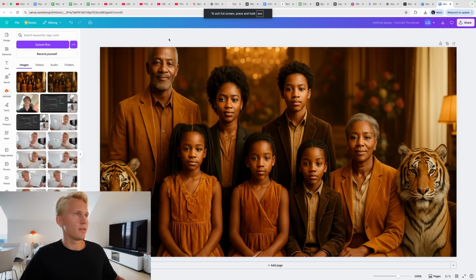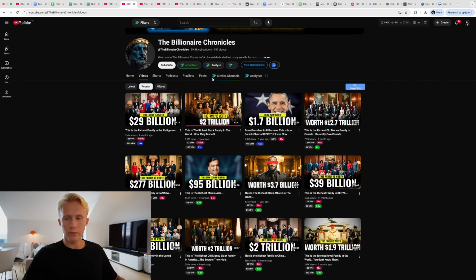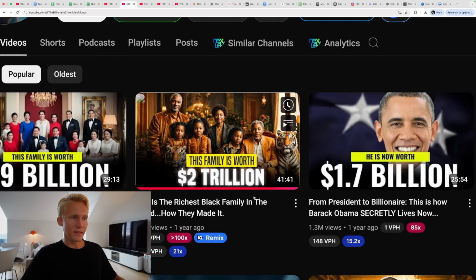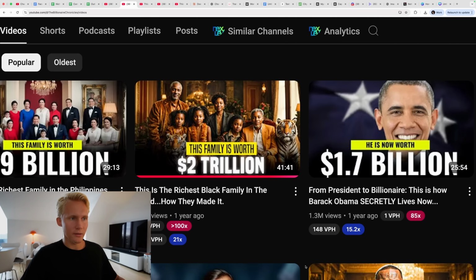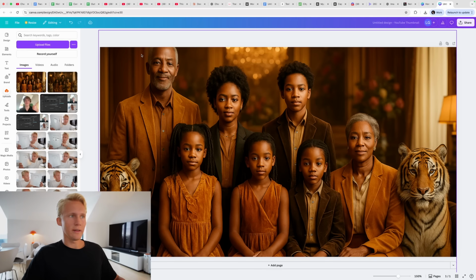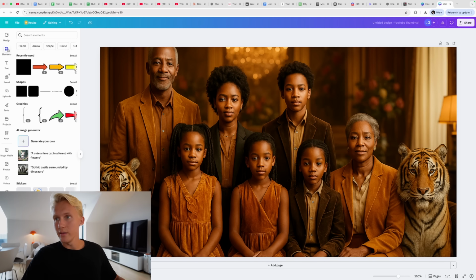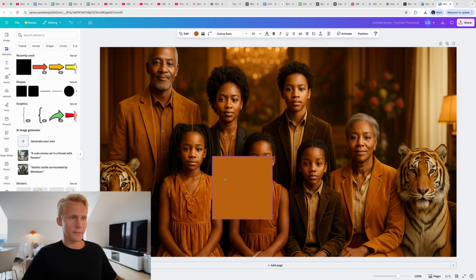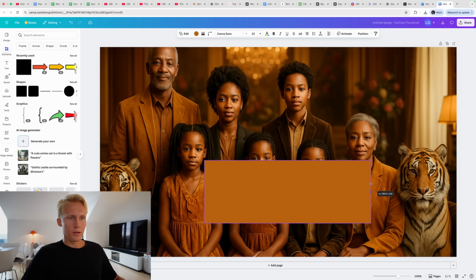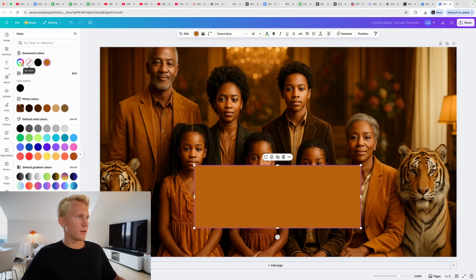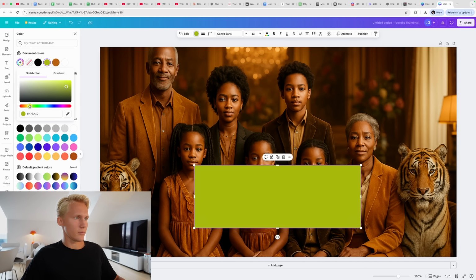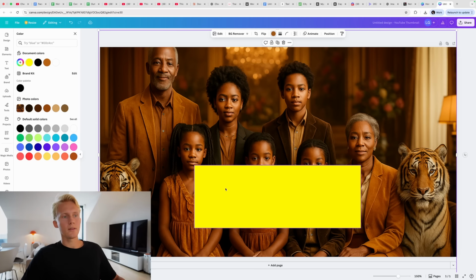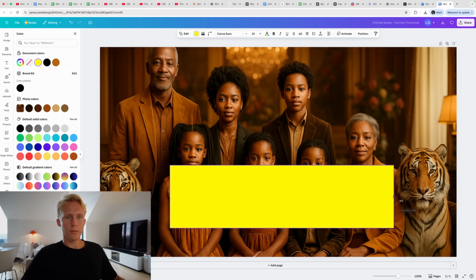Alright, and let's just take a look at the reference image, right? Which kind of looks like this. They have the text, this family is worth 2 trillion, and it's kind of a yellow box with a black text. That's going to be quite easy for us to do. So just head over to elements up in the top left corner, pick the box like this. We can just make it yellow here. Boom, add a new color. Let's highlight the yellow range like this and just make sure it's the right yellow. Probably something like this, right? Perfect. Make it whatever width we want.